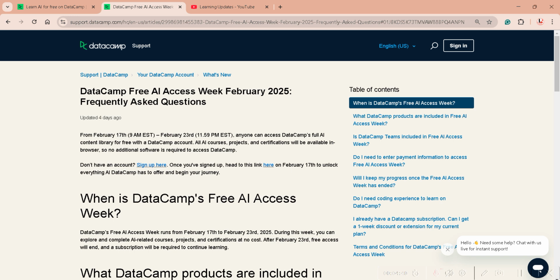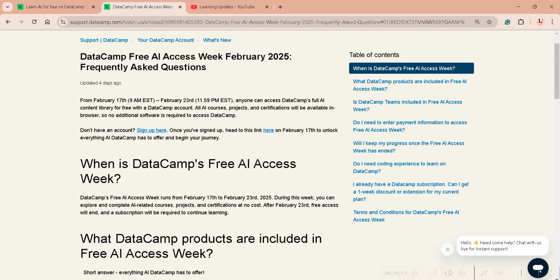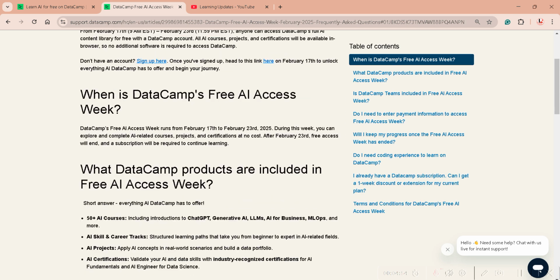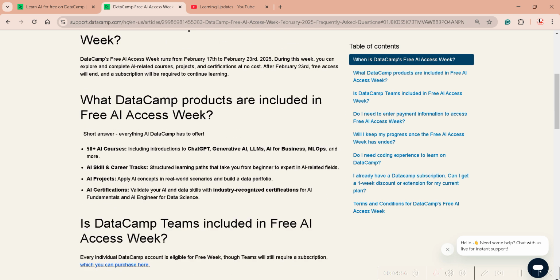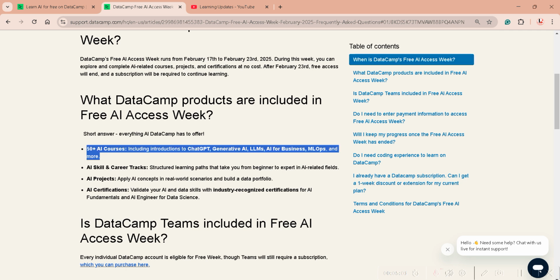By navigating to this website, you can also access details like when the free access will open and what courses will be provided under this freebies option, like ChatGPT, generative AI, LLMs, AI for business, MLOps, and more. Everything will be provided absolutely for free.